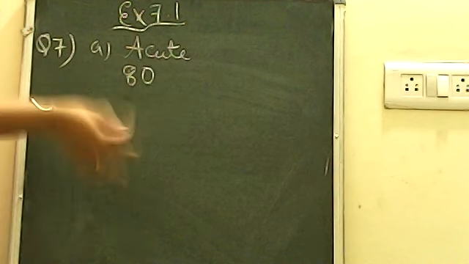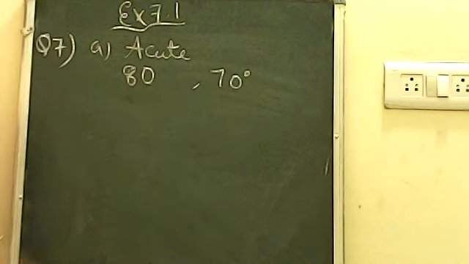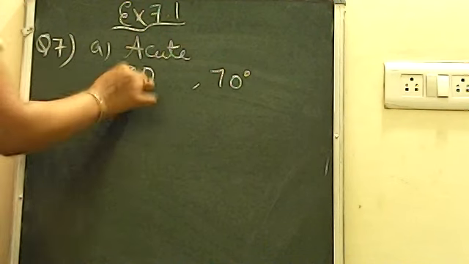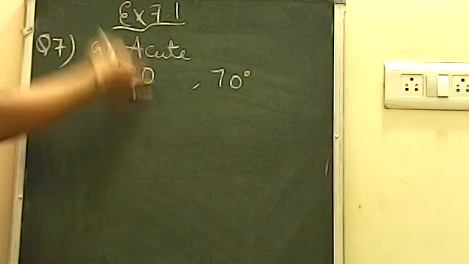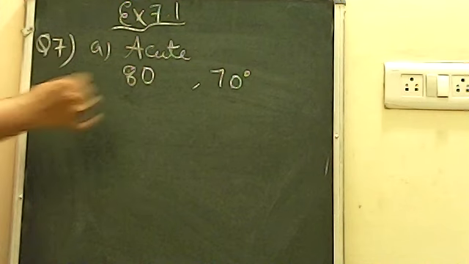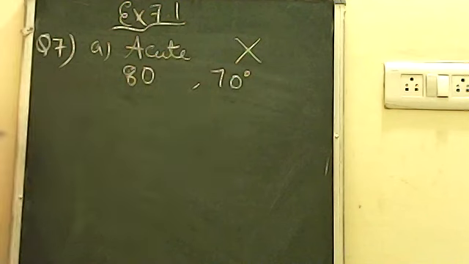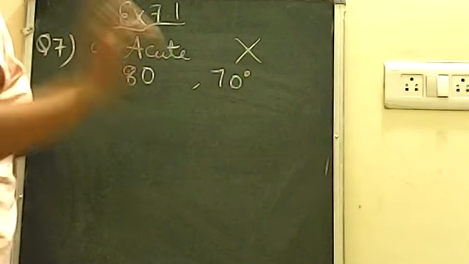Okay. Now another should also be acute. दूसरा भी acute ही होना चाहिए. So let's say I am taking another angle that is 70. आप इन 70 और 80 की जगह पे कुछ भी ले सकते हो, but it should be less than 90. Now you are knowing if you take 80 and 70, you will get the sum 150. Even if you take 89 and another also 89, then also the sum will be less than 180. It means acute angles are not possible to form supplementary angle. दोनों ही angle अगर acute होंगे, so there is no chance to get the supplementary angle.